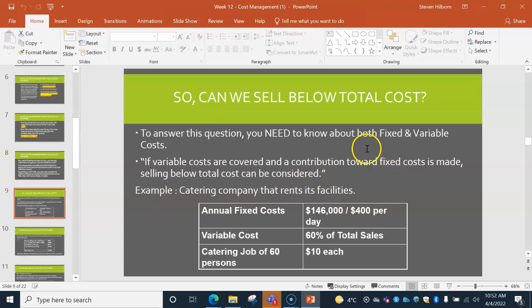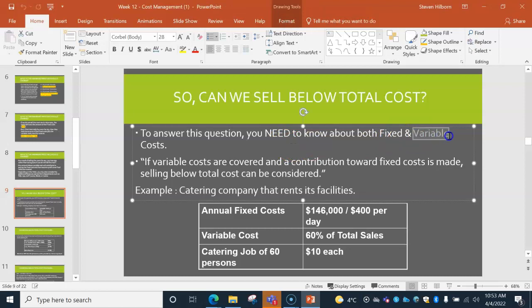Here's another way of looking at this. So can we sell below total cost? In this particular question, we need to know about both fixed and variable. And variable is always a bit of a guessing game. We have an idea, so we will assign that amount based on what we think. It could go a little bit higher or lower. So if your variable costs are covered and a contribution towards fixed cost is made, selling below total cost can